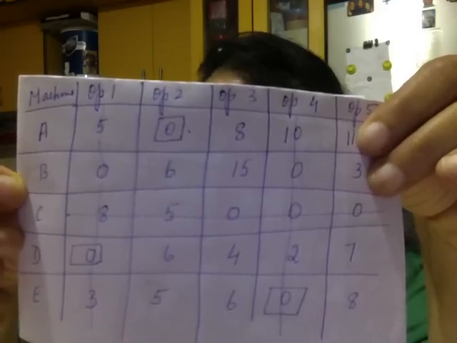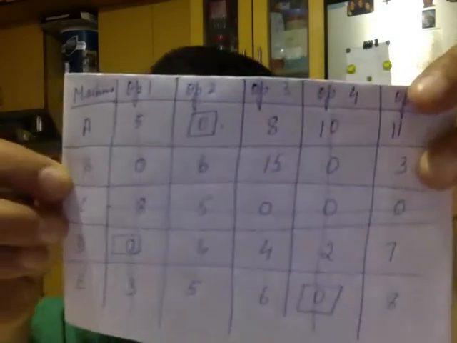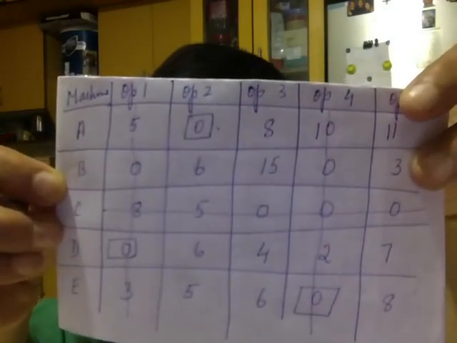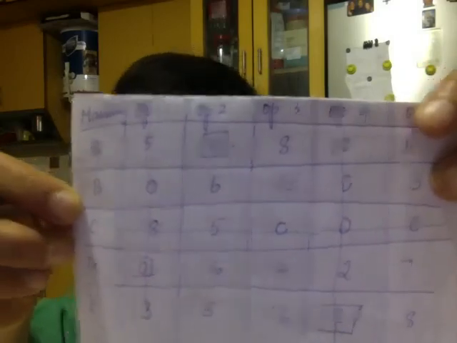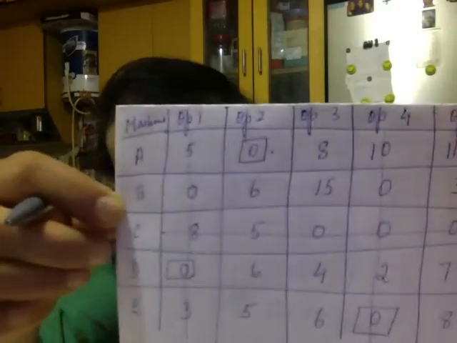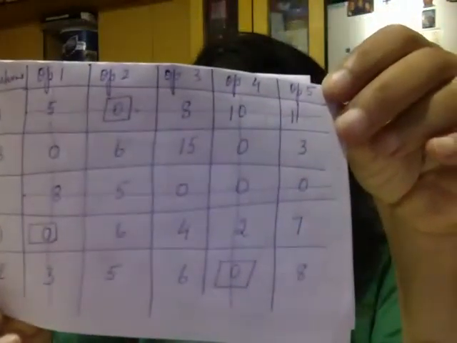So we can have a vertical line or a horizontal line. Since we have drawn two vertical lines already, it has to go through some other numbers, but that zero needs to be covered. Which one? In row A. So what we will do is give a horizontal line. This essentially covers only one zero, but we have no choice, because every zero needs to be covered. Now, class, I have joined all the zeros.